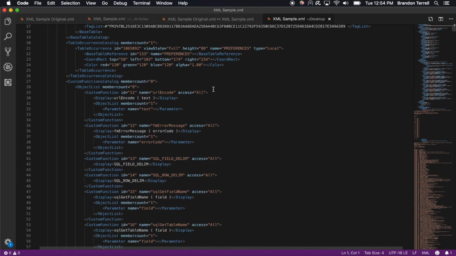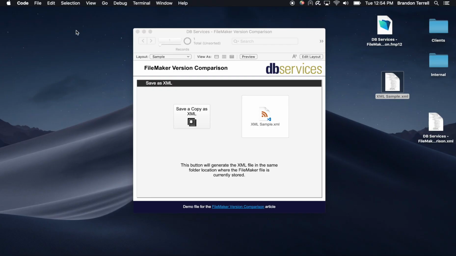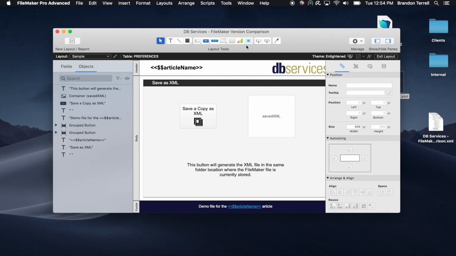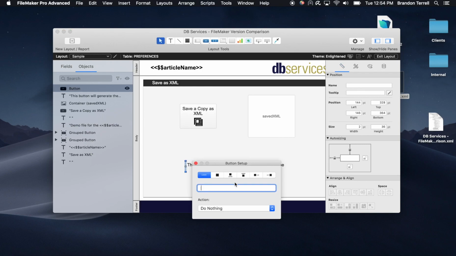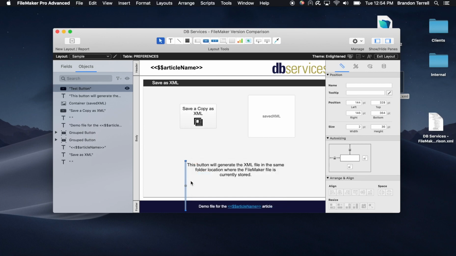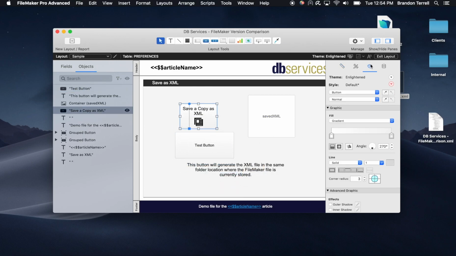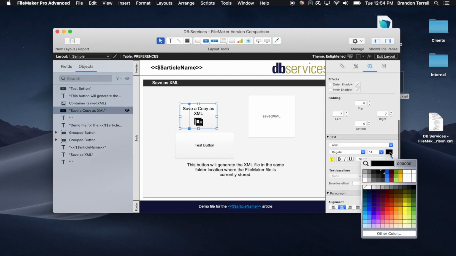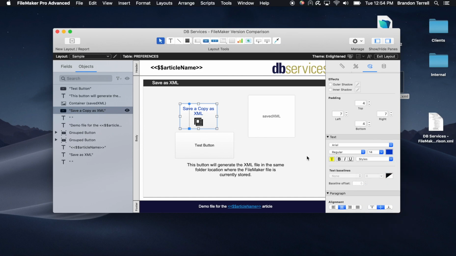Now, what we can also do, just for example, is if we make a change to our database here, let's say we add a button. Let's add a button here. It doesn't really matter what we call it. We'll say test button. Let's make it fit on our layout a little bit better. So we add a test button, and let's say we change the text color of our information. Let's say we make this one a blue color, just for an example.